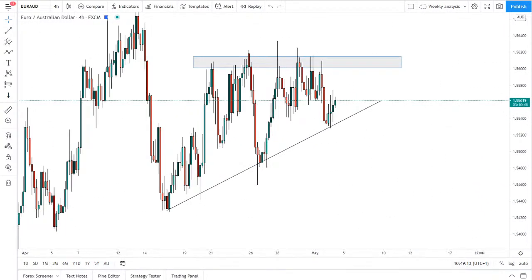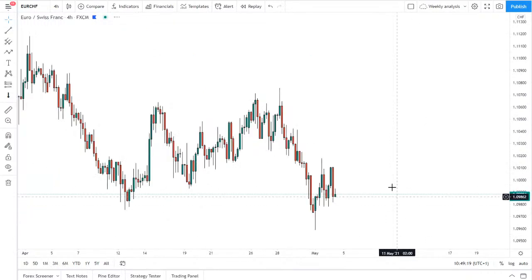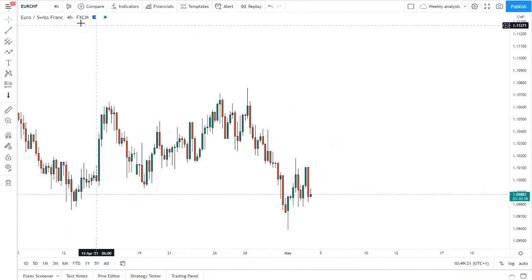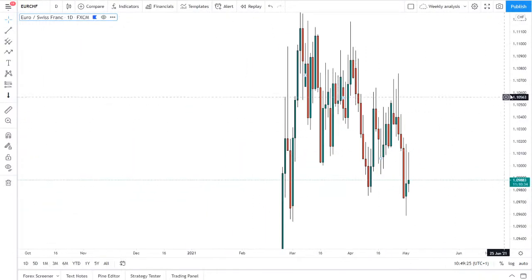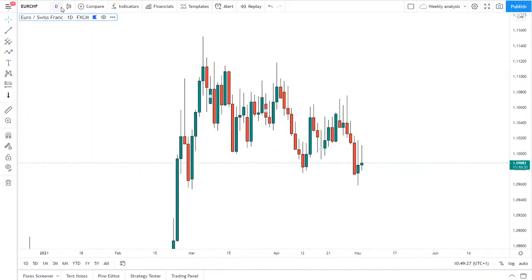But not really interested in Euro AUD for the time being. Next we take a look at Euro CHF. So Euro CHF, again another very messy pair. Don't often trade a Euro CHF, but we did take a look at this pair last time